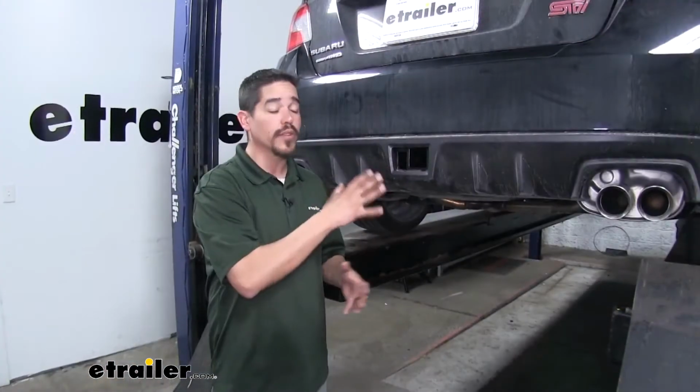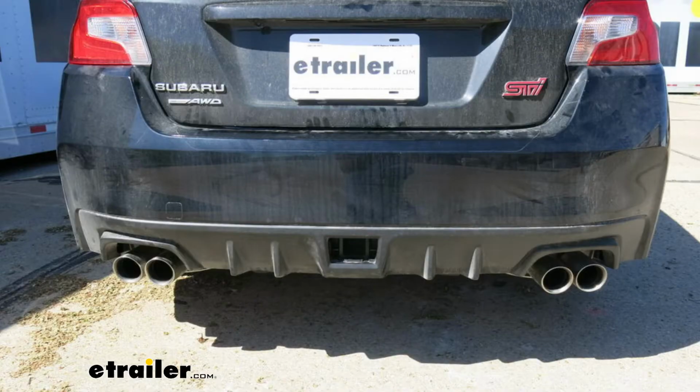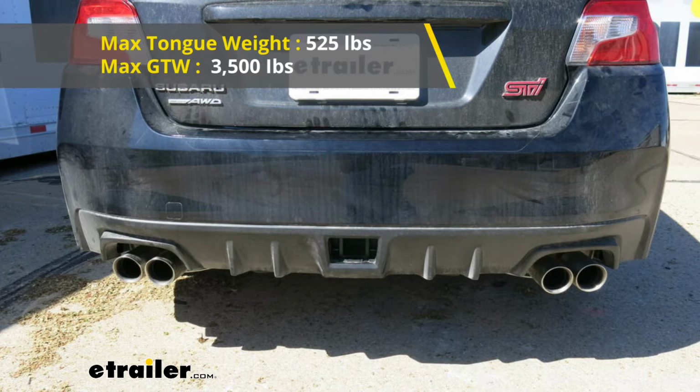Now, obviously, if you're looking for a hitch, the weight capacity is going to be a big concern of yours. You want to make sure that it's going to be up for the task and what we're going to use it for. Well, our hitch is going to have a 525-pound tongue weight, which is the maximum downward force of the receiver tube. It's going to be great for some of those larger bike racks, even up to 4 or 5 bikes, or some of the smaller cargo carriers, so we can maximize the amount of gear that we put on them. As far as the gross trailer weight rating goes, our hitch is going to have a 3,500-pound rating. That's how much our hitch can pull, including the trailer and everything we have loaded on it. But you always want to double check your WRX's owner's manual because you don't want to exceed the manufacturer's recommended